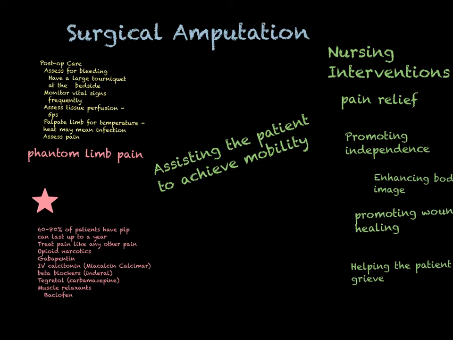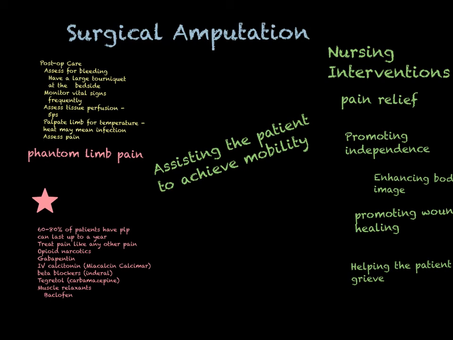The other issue you might encounter is that some of these folks, quite honestly, are not going to be good candidates for a prosthesis. They're going to end up being wheelchair bound because maybe they're elderly and their balance is bad and you're worried about the risk of falling. Maybe they just don't have the physical strength or stamina. It's much harder to walk with an artificial leg than it is to walk with your natural limbs. It takes a lot more effort, and of course, the higher that amputation was, I mentioned it a couple times, the more difficult it is to use a prosthesis, the more effort it's going to take.